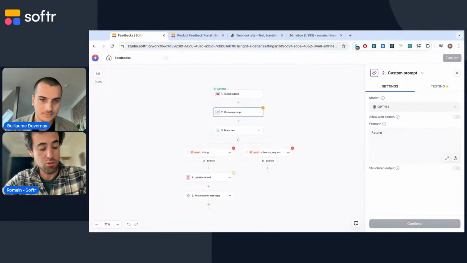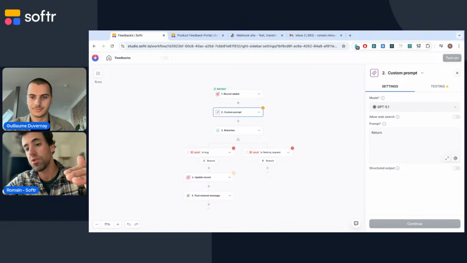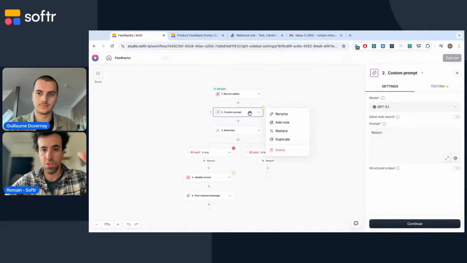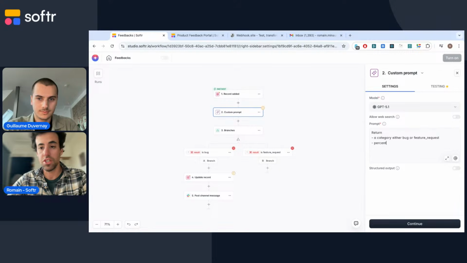Yeah, exactly. So to do that, we could use the custom prompt. It's something where you do not just want a category, you want potentially a category and a percentage of confidence. So you will use the action that I just put here, which is custom prompt. And you will say return a category, either bug or feature request, and a percentage, or maybe we can say if you're unsure.